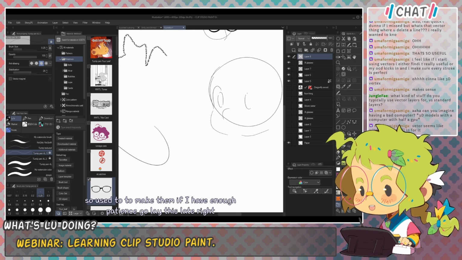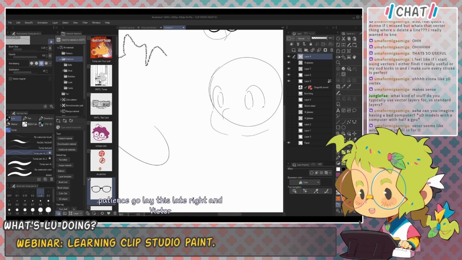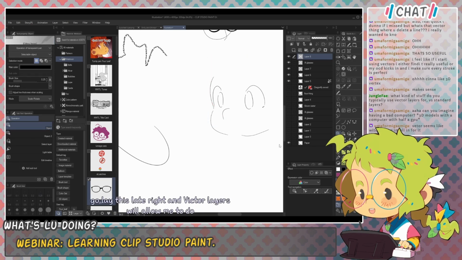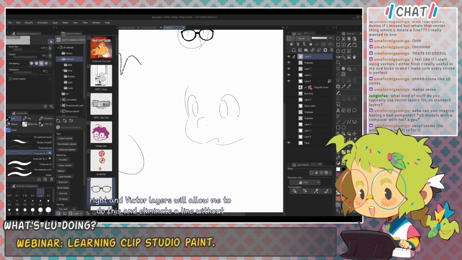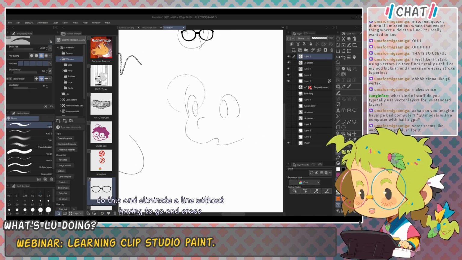Right? And vector layers will allow me to do this and eliminate a line without having to go and erase everything around them. Vector seems like witchcraft and I'm asking for it. Yes, absolutely. And I think